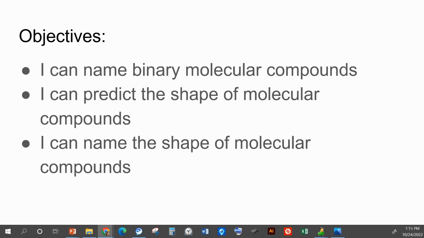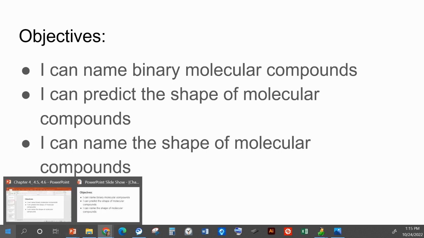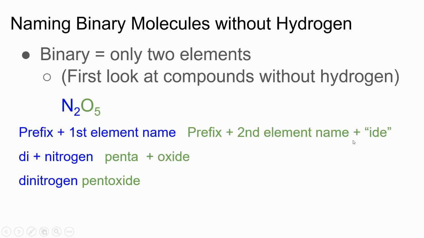All right, the first thing that we're going to talk about is naming molecular compounds. And specifically, we are naming binary molecular compounds. This means that we only have two different elements. So this is a binary compound because we only have nitrogen and oxygen. There's only two. How do we know that this is a molecular compound? Perfect. These are two nonmetals. That's our requirement for